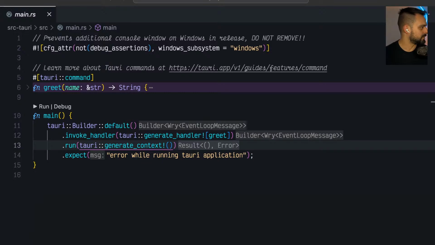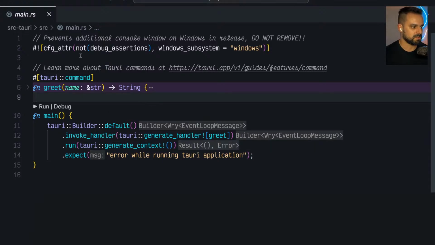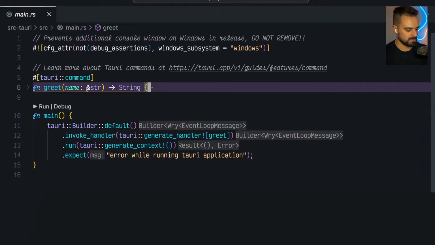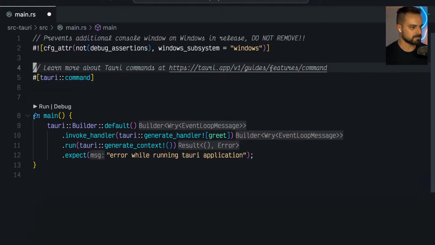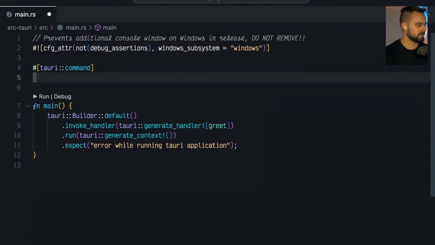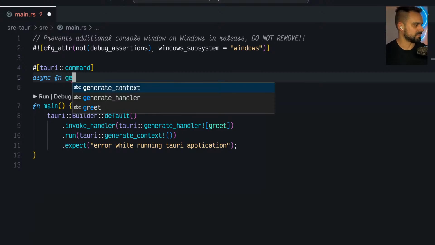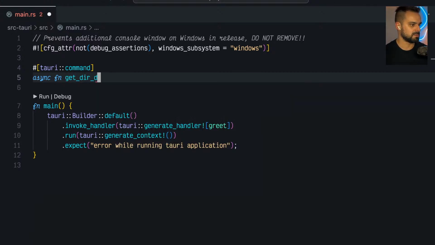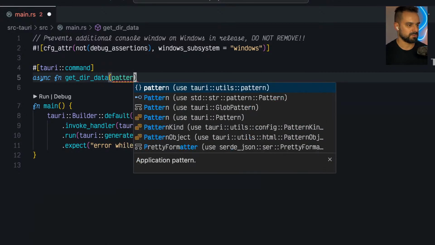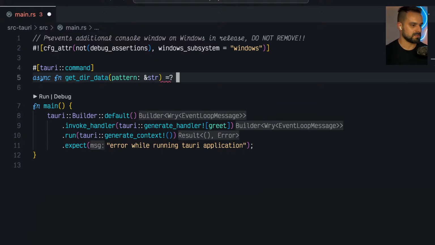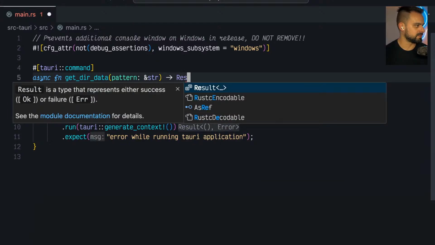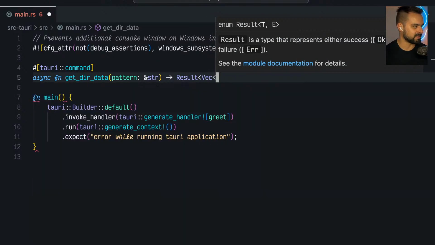So let's start by removing our greet function that we don't need anymore. And what we're going to do is create an asynchronous function that's going to be get_dir_data. This is going to receive a pattern that's going to be a borrowed str, and it's going to return a result that's going to be a vector